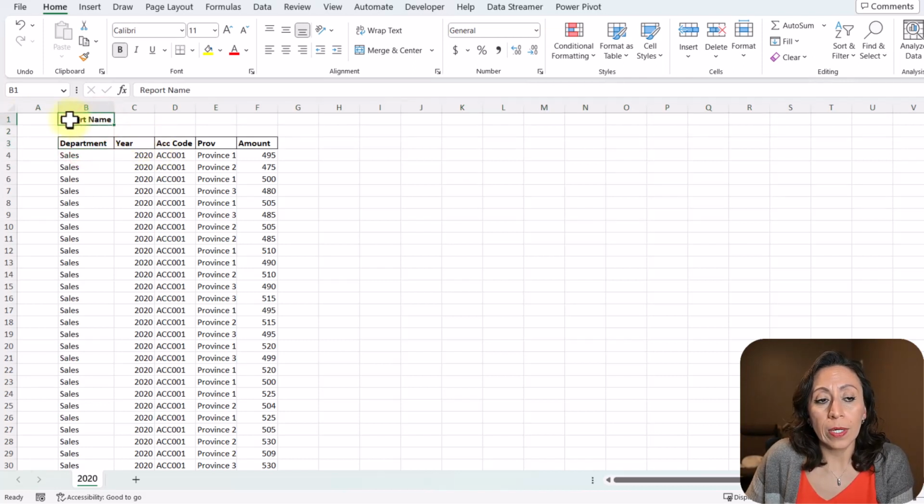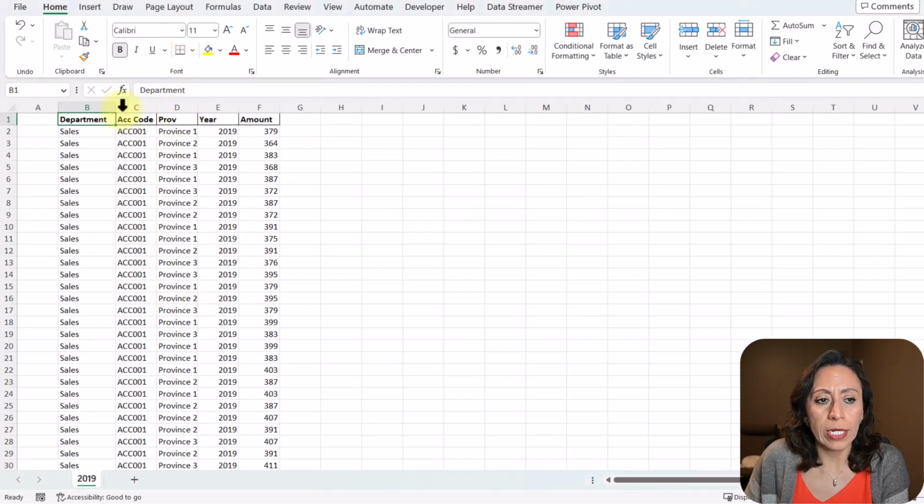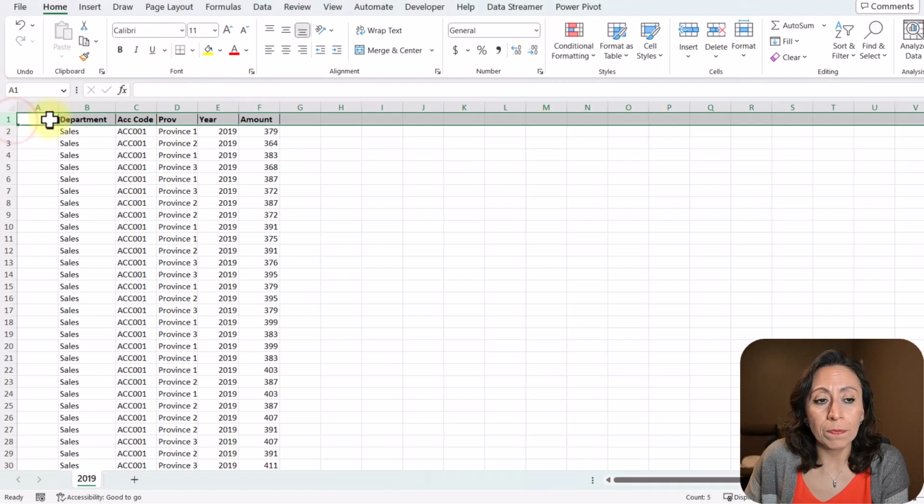And in this case, we have a text in the first row. So this is going to come in Power Query, of course, as part of this information, as part of a table. Power Query will convert this into a table. So keep that in mind. So 2020, I'm going to close that. I have 2019 here. I don't have any rows on top of these column names.